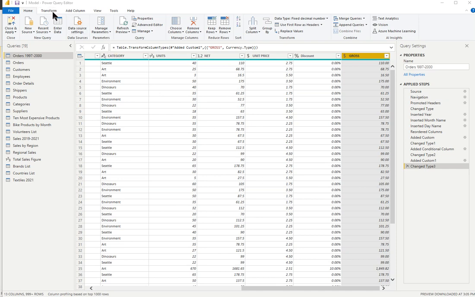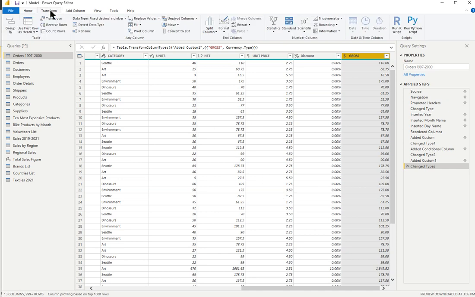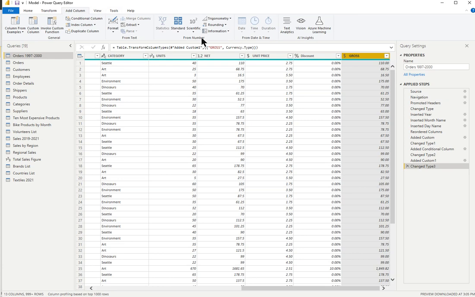Now on both the Transform and Add Column tabs in the ribbon, there is a group of buttons called Number Column, or From Number. They contain the same buttons like statistics, standard, scientific, trig, rounding, and information. And so to demonstrate this, if I went to the Orders query and I selected the Gross column,